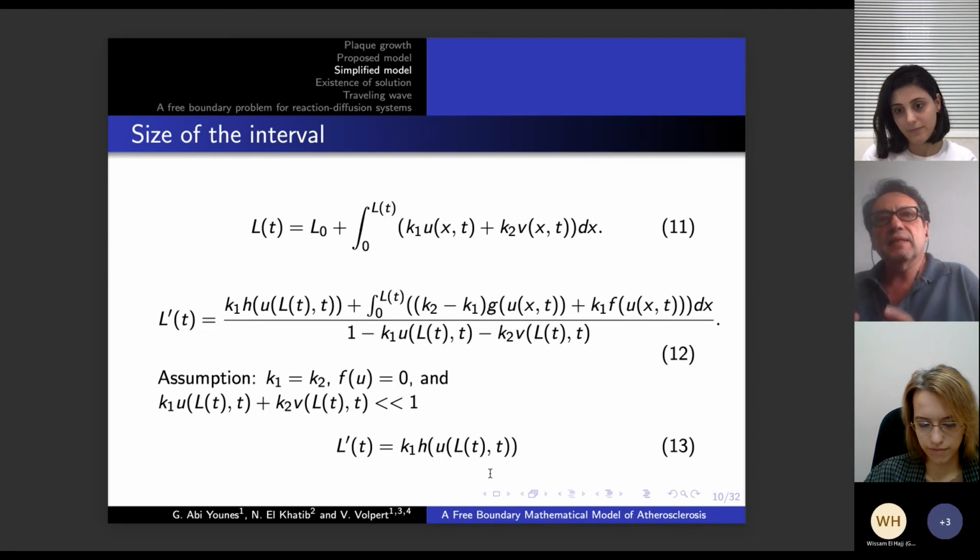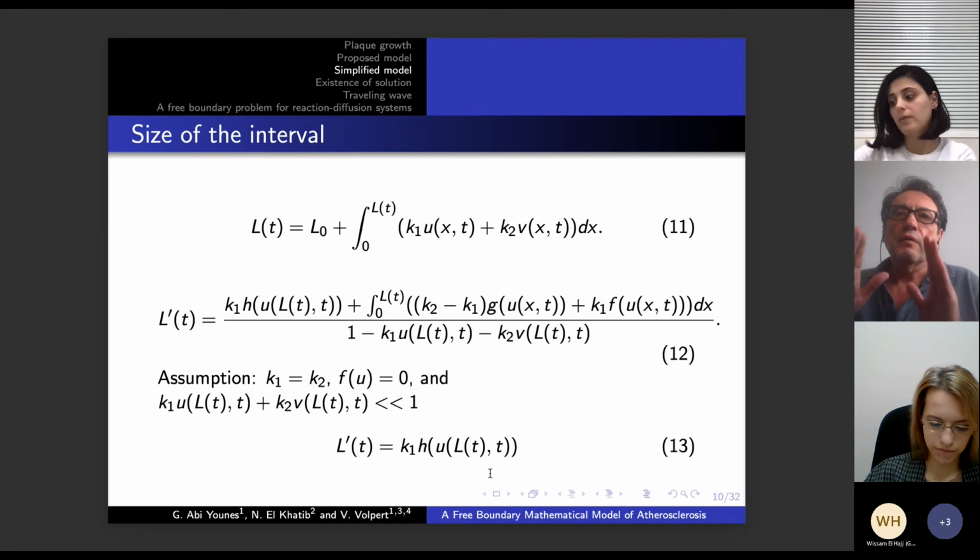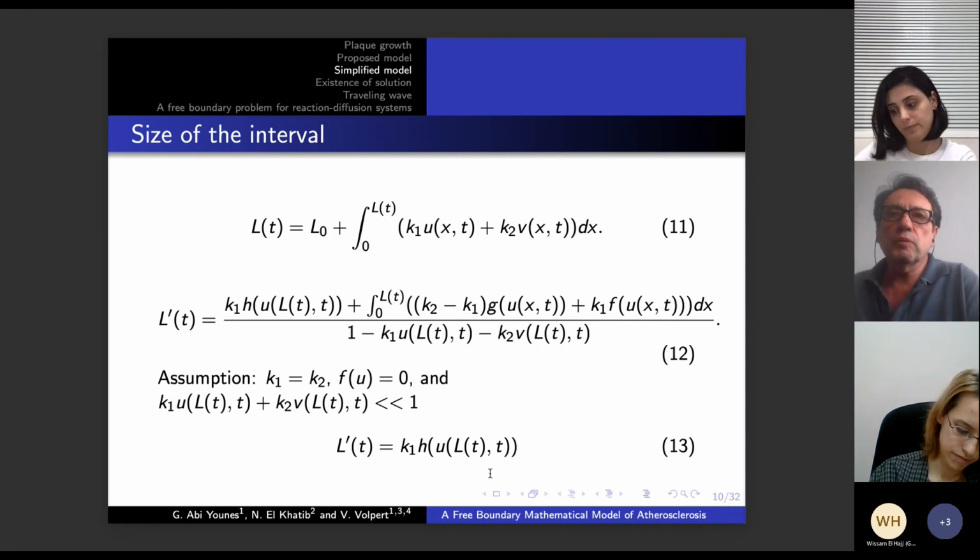Because cells penetrate through the boundary, it's okay. But then what happens with the cells? They can divide or they can die and disappear, because there is no conservation of mass. This is the point. All these free boundary problems come from the conservation of mass and the conservation of energy. Like, for example, melting problems in physics